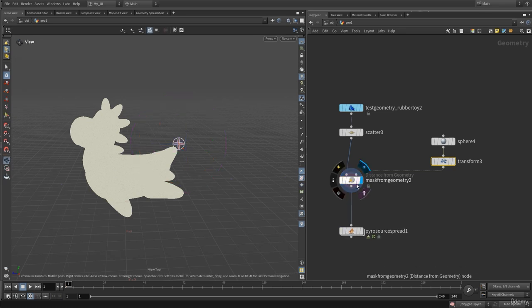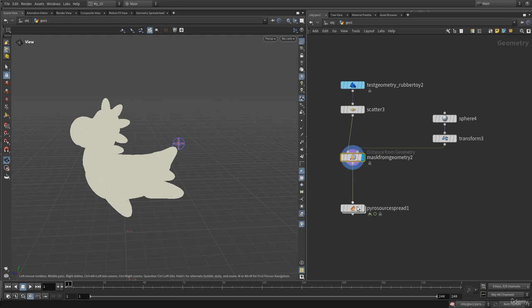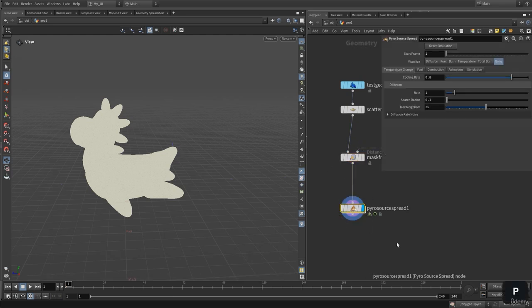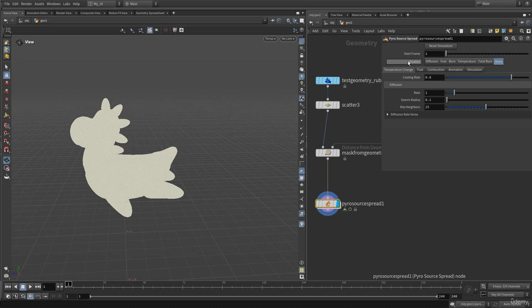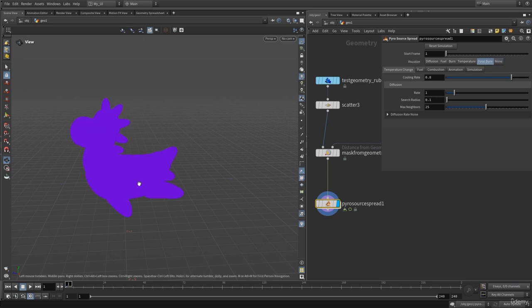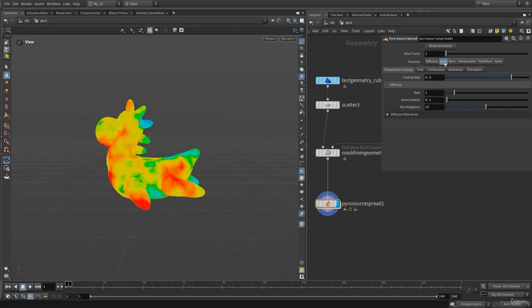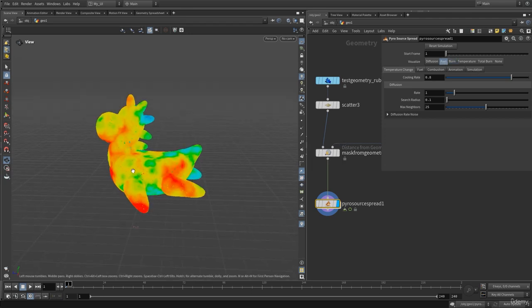And now let's visualize our mask, or maybe we don't need to visualize it from here because we have the visualizer in the pyro source spread. Here we have this visualizer, and we can visualize the total burn. So the bluish color means that there is no burn and the values are 0. And if we take a look at other attributes, temperature and burn, as you can see all of these values are 0. And if we take a look at the fuel, here we have the fuel, noised up fuel,